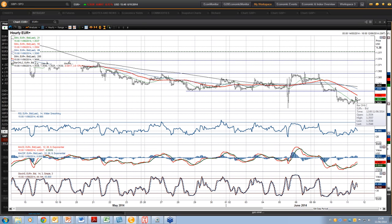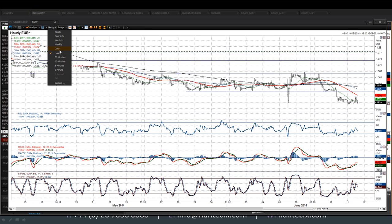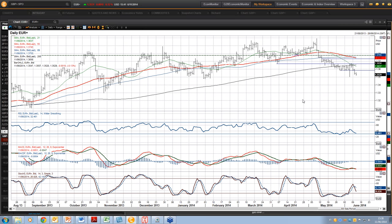What we've had so far today is 35.57, which was today's high, and seems to have been the peak there. Strangely also, that was pretty much bang on where we saw a peak in the afternoon yesterday as well. So a couple of ranges there being hit, but I think ultimately we're going to see a test of that 35.02 mark, and also a test further downside as we go back on the daily chart. This key support here, 34.75,